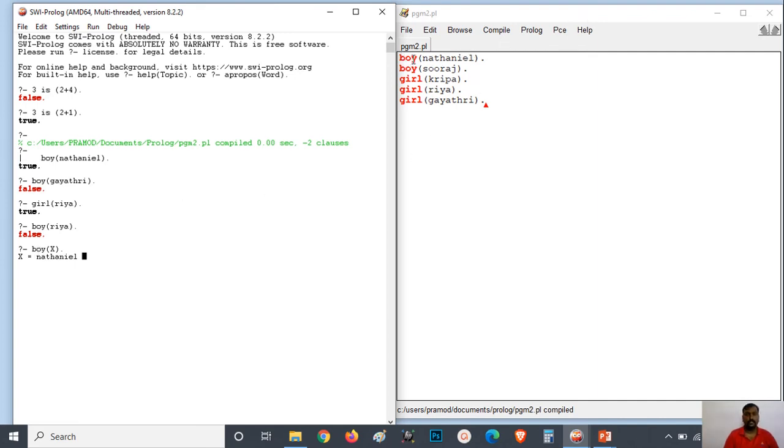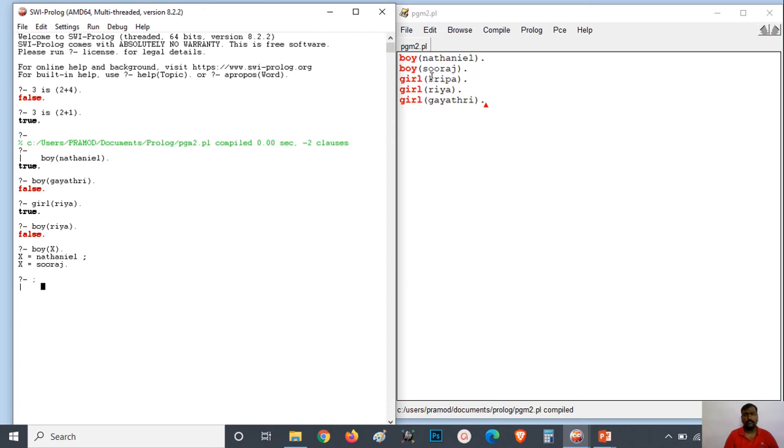Here the first matching statement, that is a boy, is boy of Nathaniel. So that will be shown here. If I put a semicolon at the end of this, it will show the next matching argument. The next boy in the class is boy of Suraj. If I again put a semicolon, it will not show anything because there are no more matching statements inside this particular database.